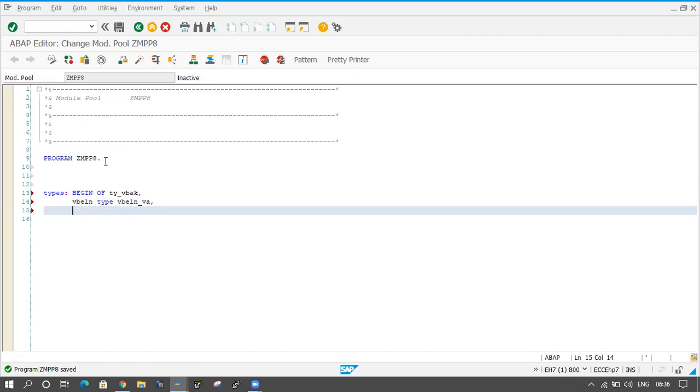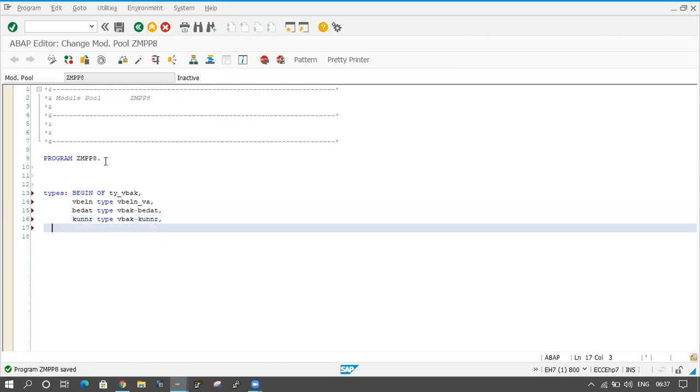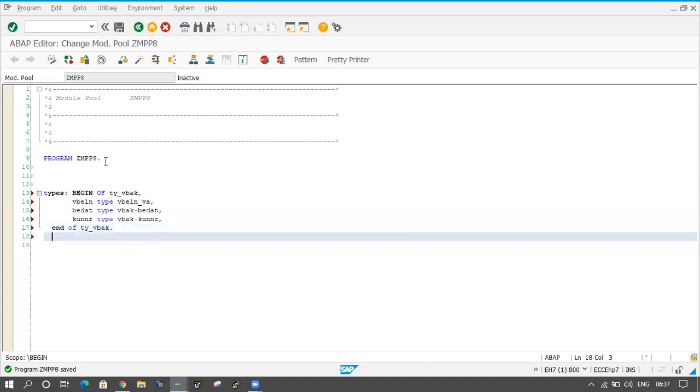Postner is not available in VB AK, right? VDT type VB AK hyphen VDT, type VB AK not, end of VB underscore VB AK.